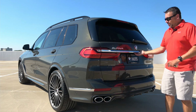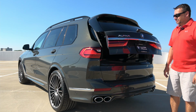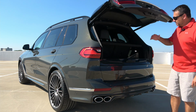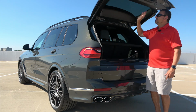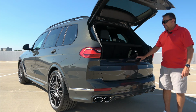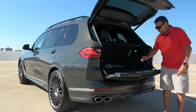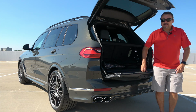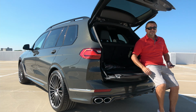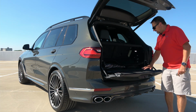And now, as far as the gate, this is different than most of the other SUVs, because here it opens up in two parts, right? There's the top part right here, and then there's the bottom portion that you can open as well. Now it does have some all-season mats for this one. You can sit on here, you can do tailgating,